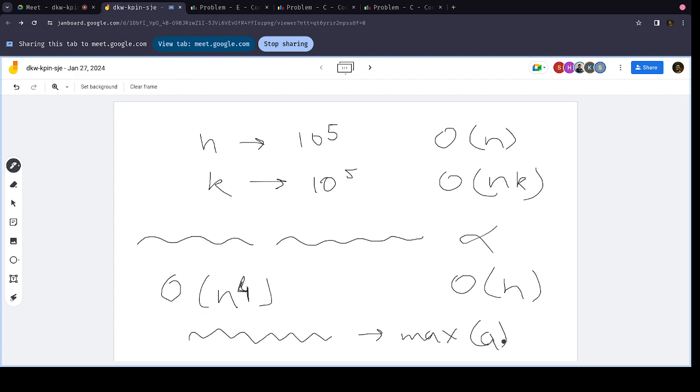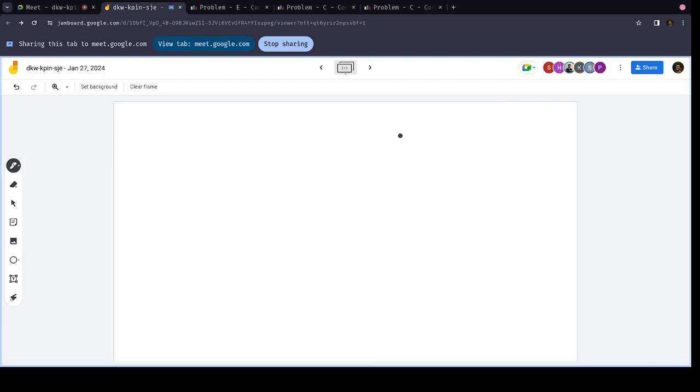Don't try to simulate the complete thing, or just code whatever is given in the question, simulating everything and then checking. Okay, it works in some problems. We'll see one problem like that, but that's not always a good idea. Not always, but sometimes you do have to do it. Okay, then